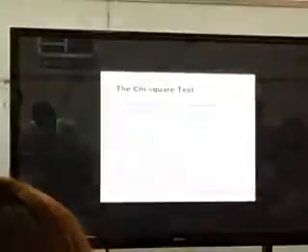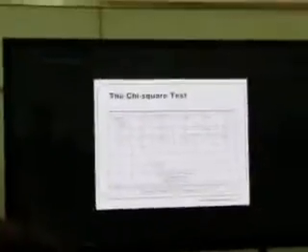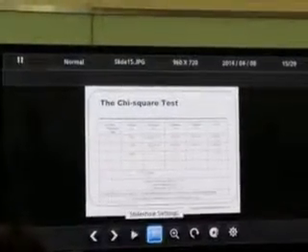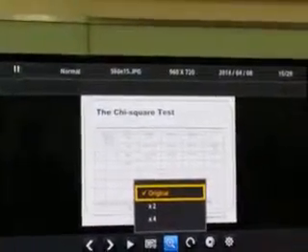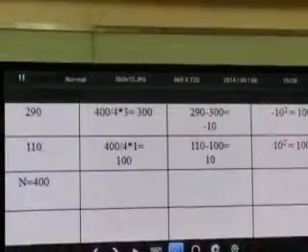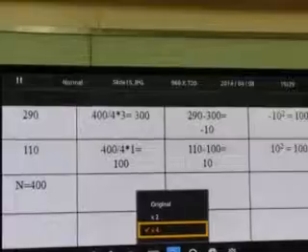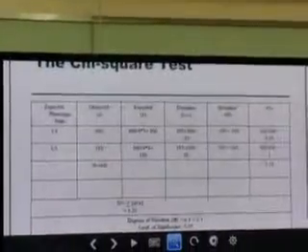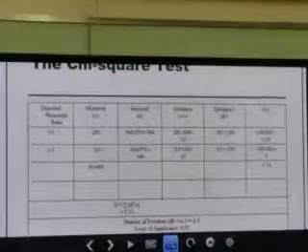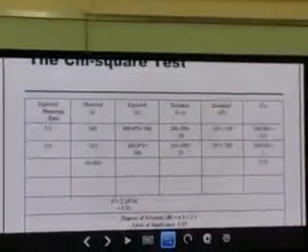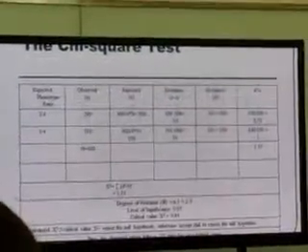So this is actually the computation. Okay, so this is now the computation. So this is how you are going to compute for the chi-square. So the first one would be looking for the expected phenotype equation. Okay, I forgot to place there the phenotype, but it should be written there. Okay, so you are actually expecting for